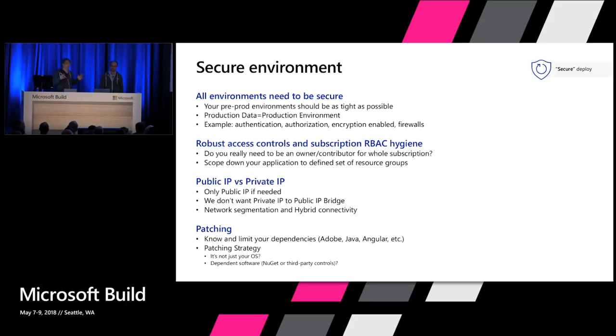That's everything from authN to authZ, right? You need to have RBAC hygiene. So even though we're in the DevOps model, there's always a DRI or SRE or somebody that needs access that may be doing support. And so for this, it's really about making sure you understand the scoping of your RBAC controls. If you don't need subscription level RBAC controls, don't give subscription level controls. I'll actually show you a model about how we secure our subscriptions and resource groups.